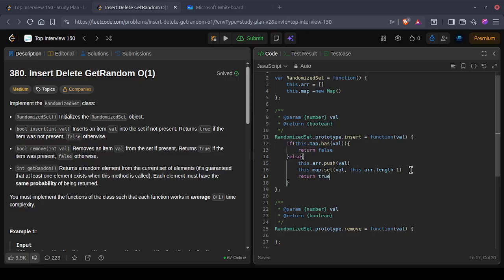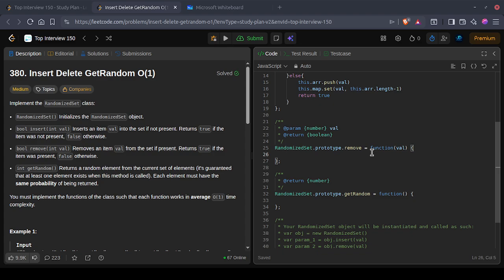Return true. So if it exists, I just return false, otherwise I push the value into the array, and I store its index in the map as array.length minus 1. Next, for removing an element,